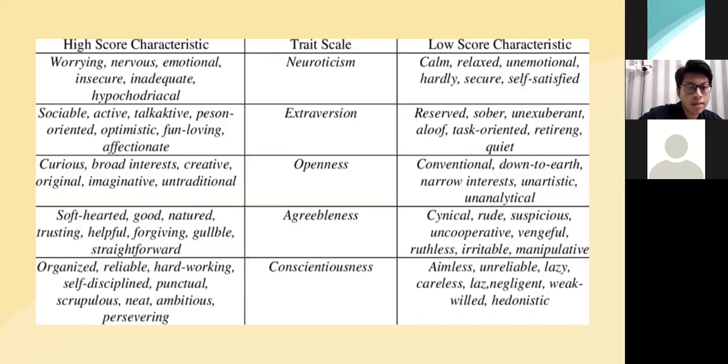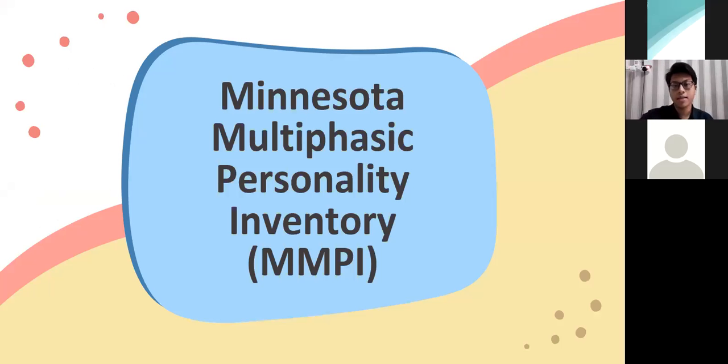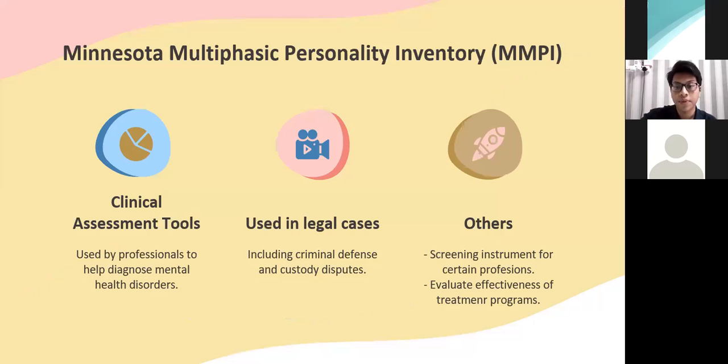This is the simplified diagram of the Big Five personality and also the high score characteristics and low score characteristics. Okay, next. Next is a brief introduction about a psychological test called the Minnesota Multiphasic Personality Inventory, or MMPI. Okay, next. It is a psychological test that assesses personality traits and